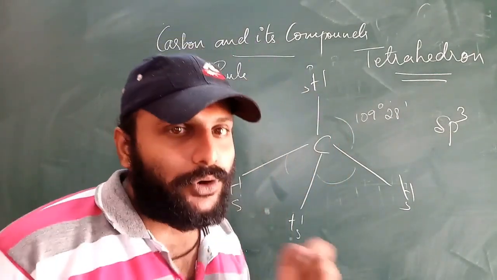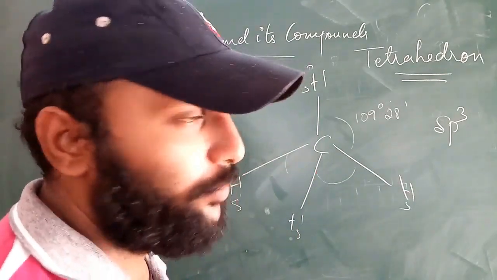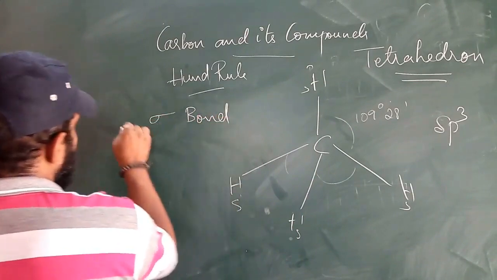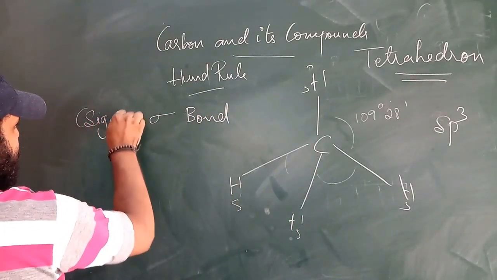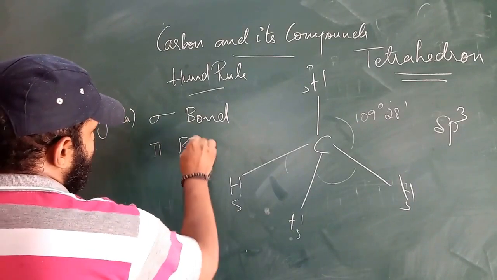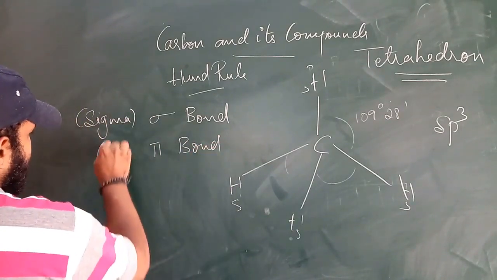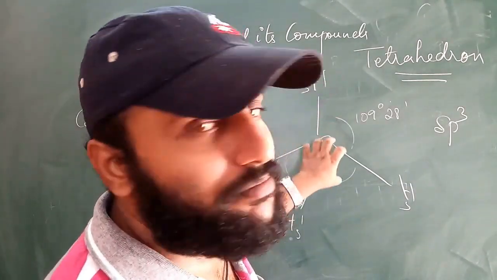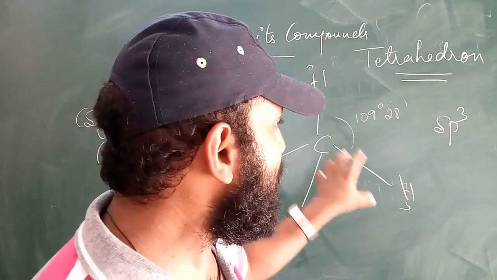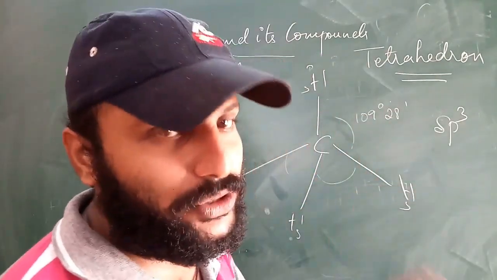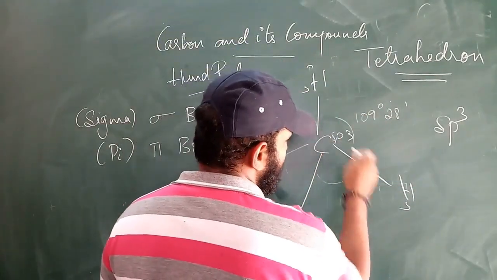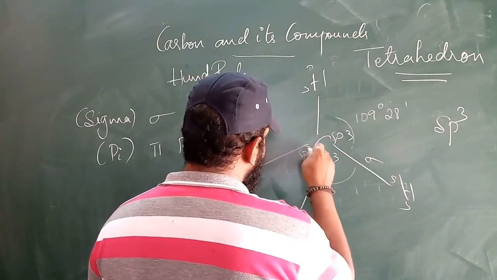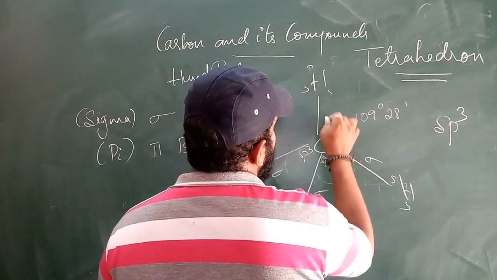Now here, one more important point, that there are 2 types of bonding in covalent bond. What is that? One is sigma bond. It is called as sigma bond. Other one is pi bond. Okay. Now here what we can observe, that carbon will be making 4 sigma bonds, sigma sp3 s bond with the hydrogen atoms. Now this is sp3 s sigma bond, sp3 s sigma bond, sp3 s sigma bond, sp3 s sigma bond.